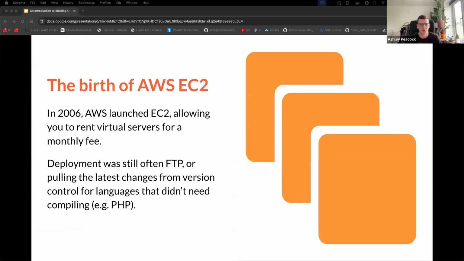introduced EC2. So rather than waiting months for your server to arrive, you could go to Amazon and say, hey, I'd like a server, please. And in 2 or 3 minutes, they will give you a slice of one of their virtualized servers. This solves 2 problems. One, obviously your lead time to get a server is a lot shorter because you're getting one straight from Amazon straight away. And it has the other benefit that even though it's shared, so you're renting part of a larger server, the resources are all allocated evenly. So you can't use more than you're allowed, which means that someone else getting a lot of traffic is not going to negatively impact your website.